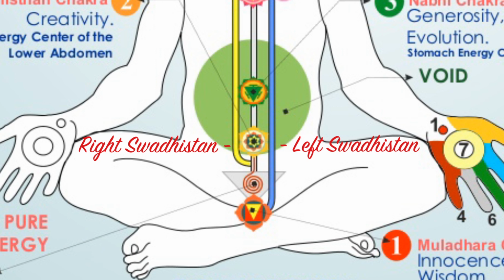In the previous session, we have seen that every energy center has projections on the left hand side and also on the right hand side energy channels. So in the case of the Swadhisthana, here you can see the chart. It has a projection on the left channel, which is known as the left Swadhisthana chakra, and on the right channel it has a projection called the right Swadhisthana chakra.